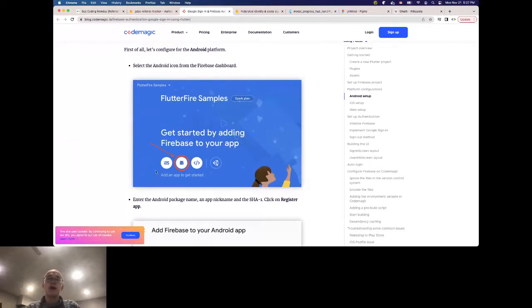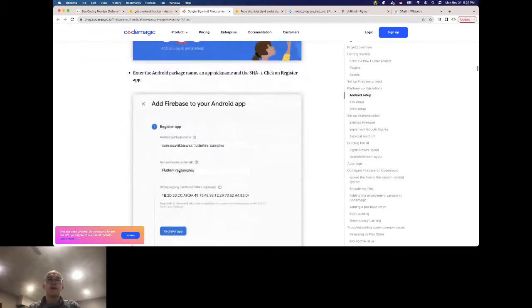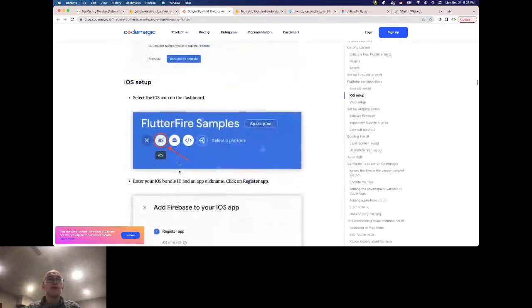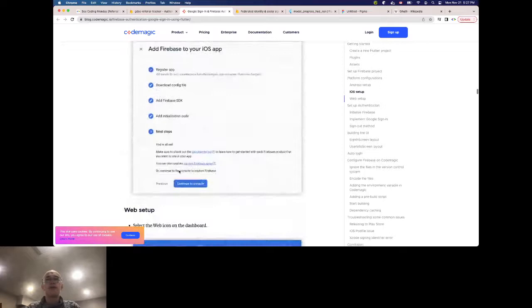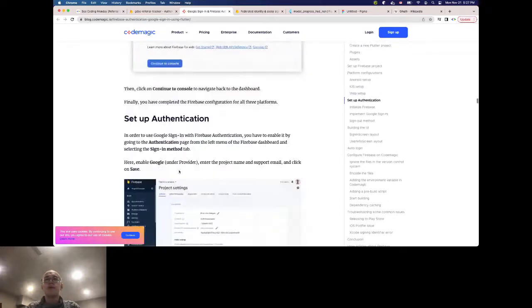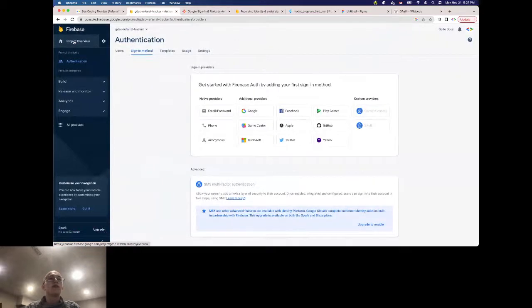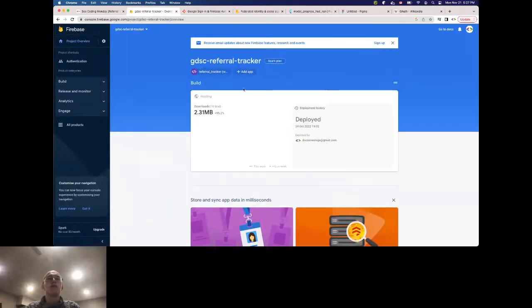If you are working on an iOS app, you use this set of instructions. Here they're showing you setup for Android and stuff like that. So we just kept all of that. iOS setup, we are not interested in that. Web setup, also no. The only thing, let's just double check that if I go to project overview and